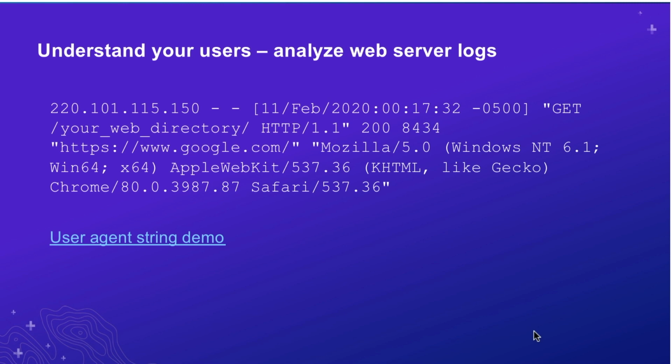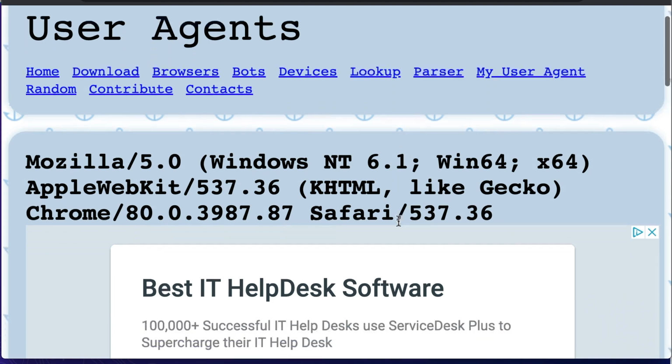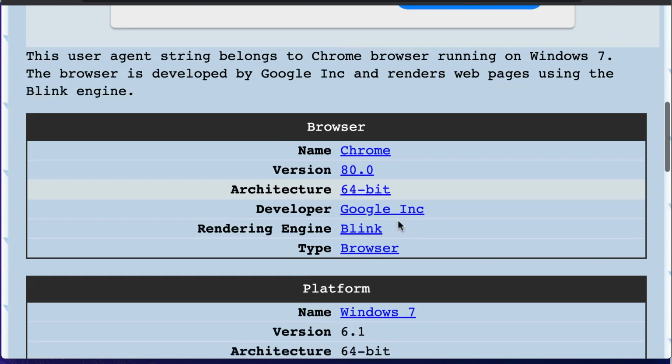And you get information such as what pages are being visited, and perhaps most importantly, as it relates to this technical session, is the user agent string, which is roughly starting from the Mozilla 5.0 through Safari. You can copy and paste this information straight from your web server logs into a browser, and it gives some very useful information. So let's take a look at this particular user agent string that came in to our website,